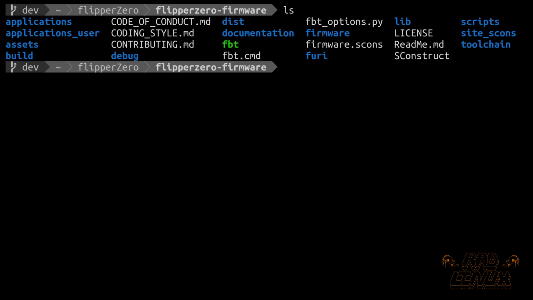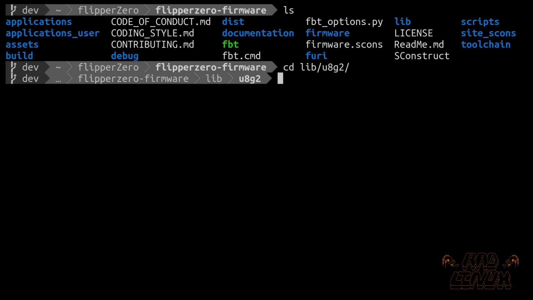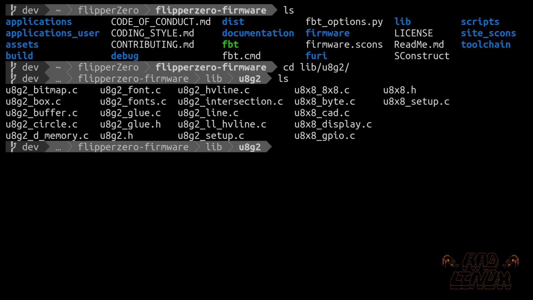So the first thing I want to show is we're going to go to CD library, and then we're going to go to U8G2. And this is our font folder. So there's a lot of information in here. I don't really know how all of it works. It's taking me a little bit to just get to this, but the file I want to show right now is the